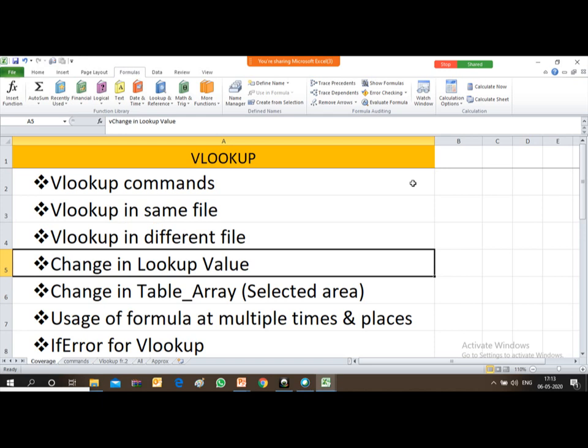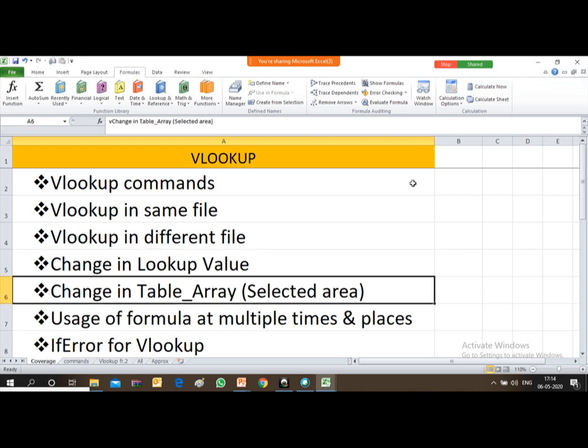Then, change in VLOOKUP values. Sometimes, friends, the values you are using for VLOOKUP get changed. We'll cover what happens in that scenario. Then, change in table array. Table array is a technical term used in Excel, but in normal language we call it the selected area.